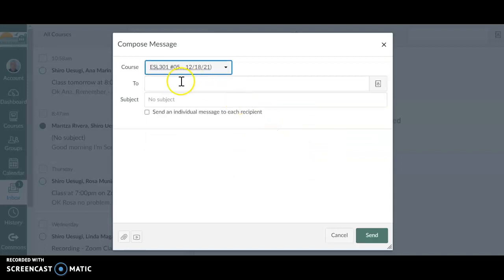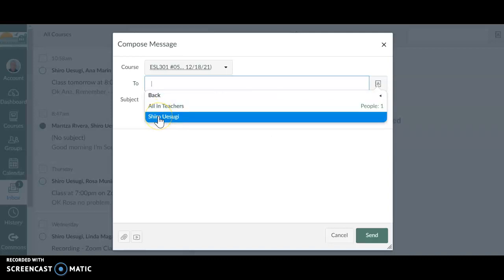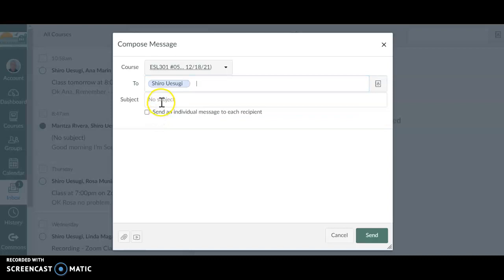Next, under the To heading, go to the address book here and click to find the teacher here. Find a teacher's name, and next,